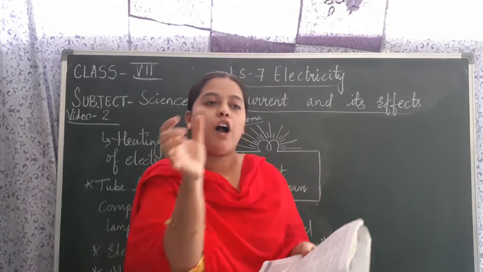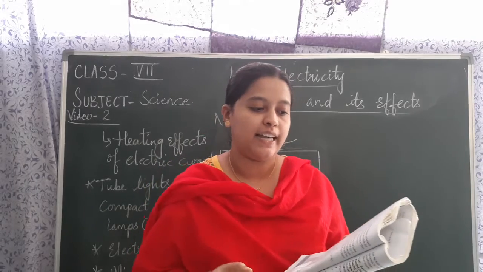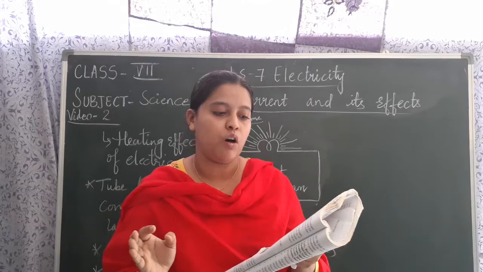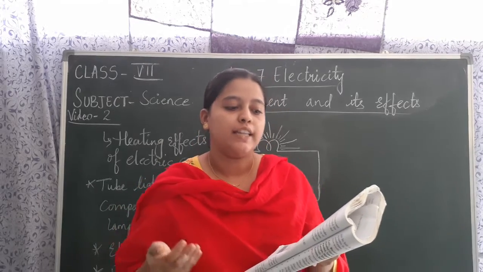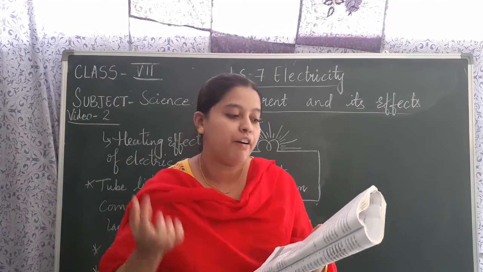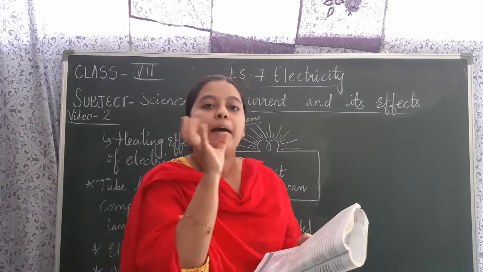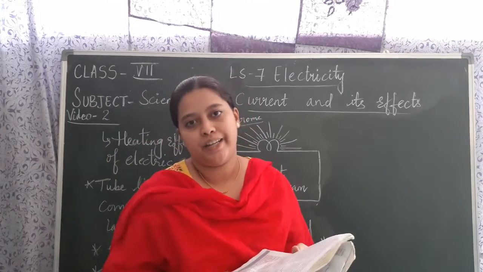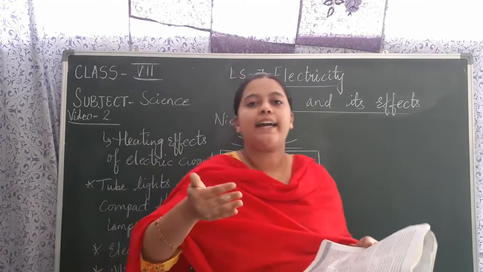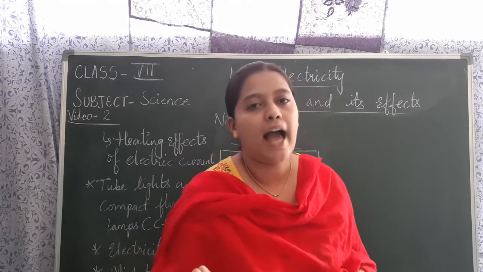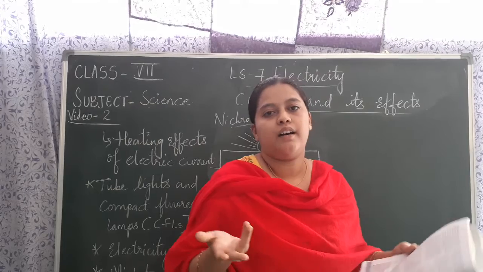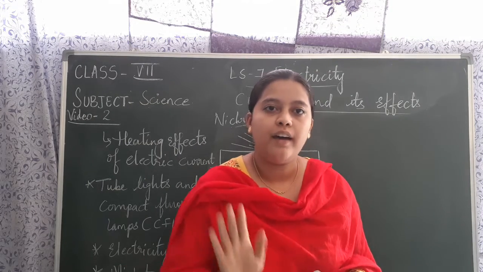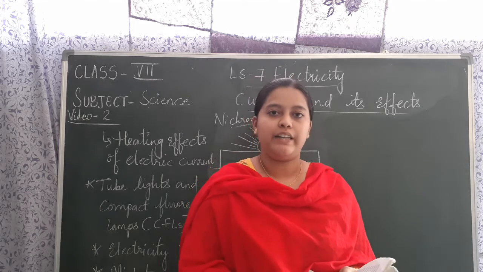So and so watt, so and so bulb will be considered. Like suppose 25 watts, 60 watts, 100 watts, 40 watts. The wattage measures how powerful the bulb is. The brighter the bulb glows, children, the higher the electricity used. If the electricity used is higher, you will get a high bill. So in one way, it is a disadvantage for us. If you get so much, you must pay the bill, isn't it?